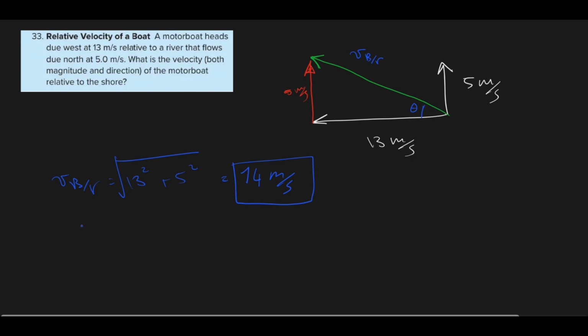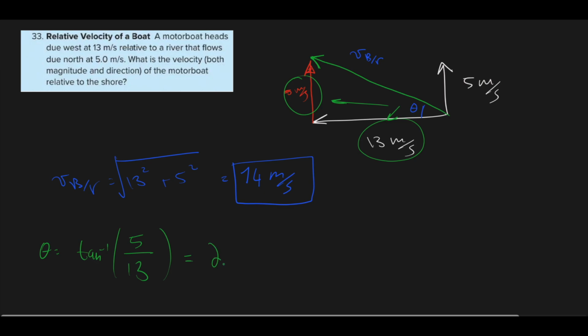The direction, as we know it from here, this is theta, and theta is going to be equal to the inverse tan of 5 divided by 13. If you're not sure why I did that, it's basically because tan is the opposite over adjacent. And what is the opposite? This is the opposite. And what is the adjacent? This is adjacent. So tan inverse of 5 divided by 13 is